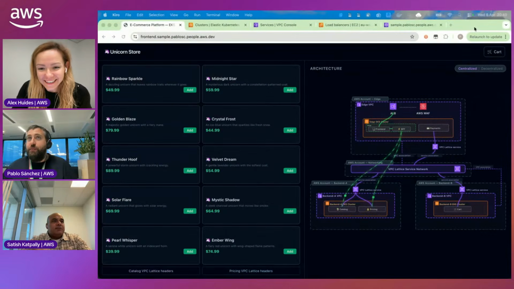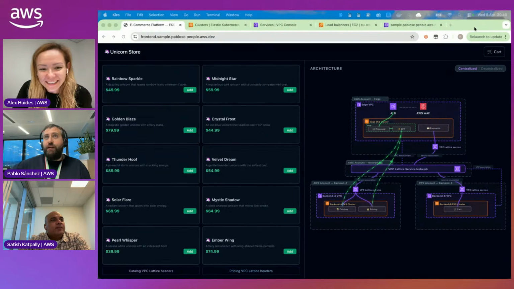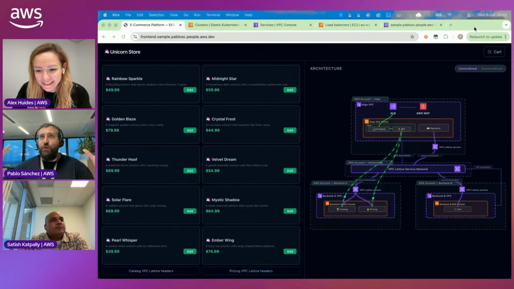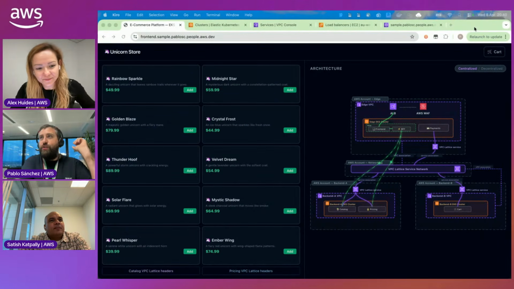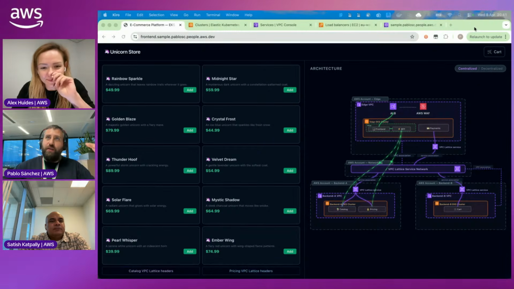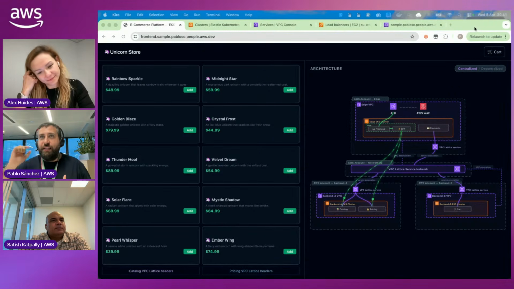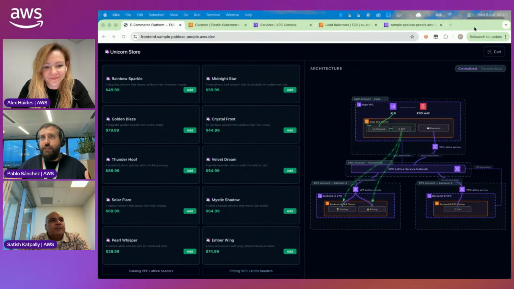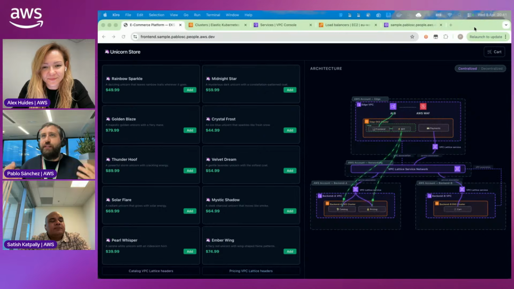There it is. So, by the way, in the blog post that I published with Alex, you have a repo in GitHub where you can build this. So it's not that we're just showing it for this Twitch. It's that you can go take the code. You can see everything about how you can use the Gateway API controller for ALB and VPC Lattice, and how you can connect different clusters with different services. It may seem on the whiteboard that there are a lot of things, but at the end of the day, it's easy.